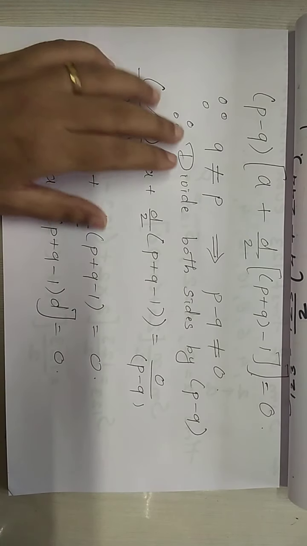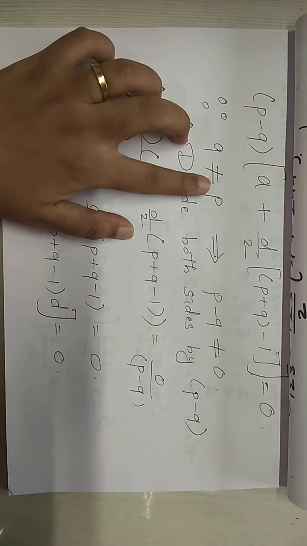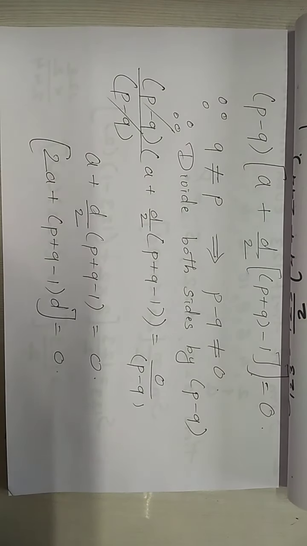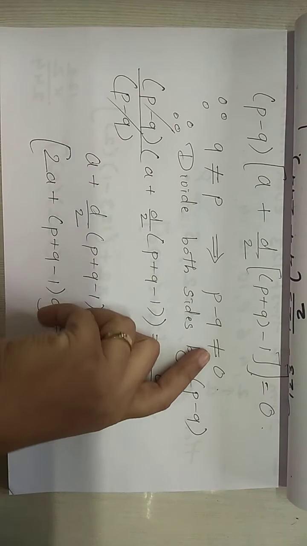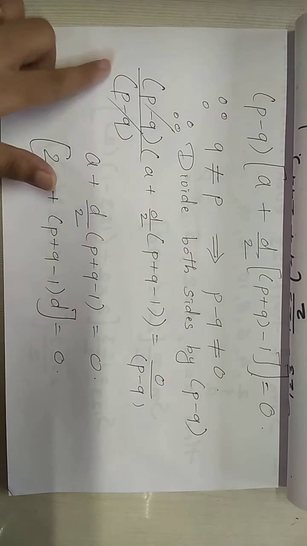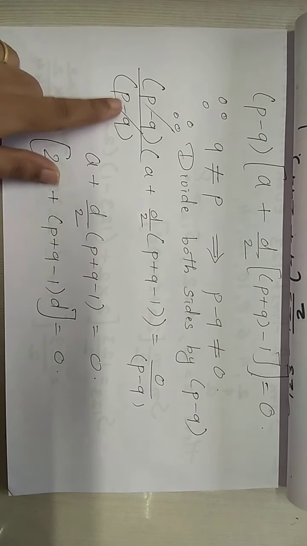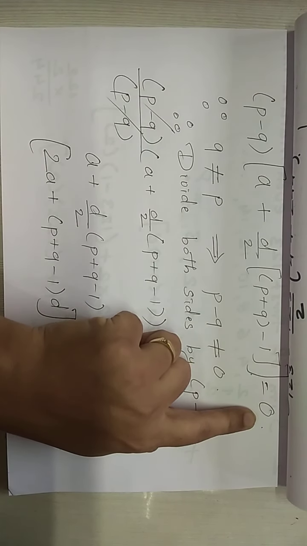Now in the question it is given that p is not equal to q. So if p is not equal to q, that means p minus q also will not be 0. We know that 3 minus 3 is 0, 4 minus 4 is 0, 5 minus 5 is 0. But if P and Q are not same, then how P minus Q will be 0? So P minus Q is not 0. So if it is not 0, we can divide them. So we are dividing P minus Q on both the sides. Here, divide here, and divide here also on both sides.